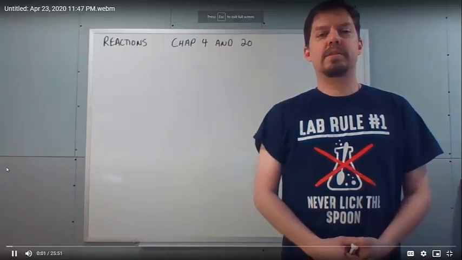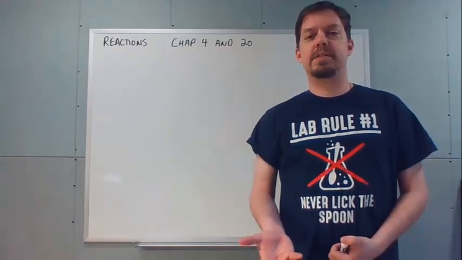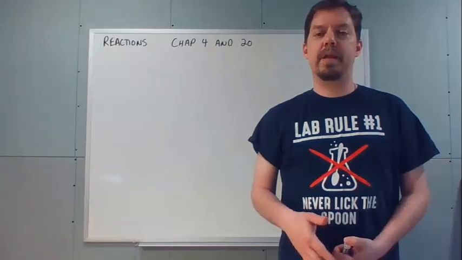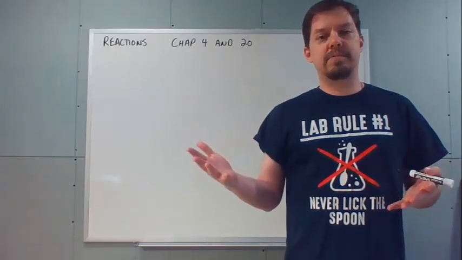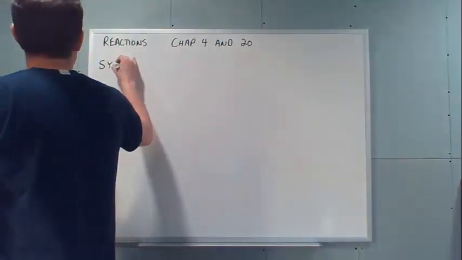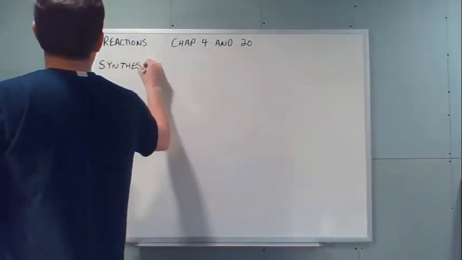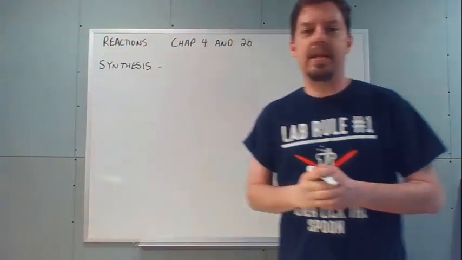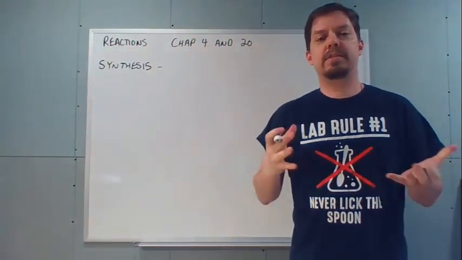All right, so this is a review of reactions, which is chapter 4 in the beginning part of chapter 20. So first you have to go through the types of reactions that you can have. The first type of reaction is synthesis. This is a little more complicated on the AP level than it was on the previous chem level because